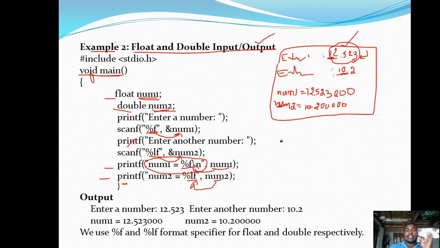Okay, so this is the output of this particular program, right? In this way you can read any kind of fractional values from the user. While reading fractional values, what you need to remember is to use %f or %lf in the scanf function so that you are able to read. And if you want to print those values on the screen, you need to use %f or %lf in the printf function. Why in printf? Because printf is an output function.